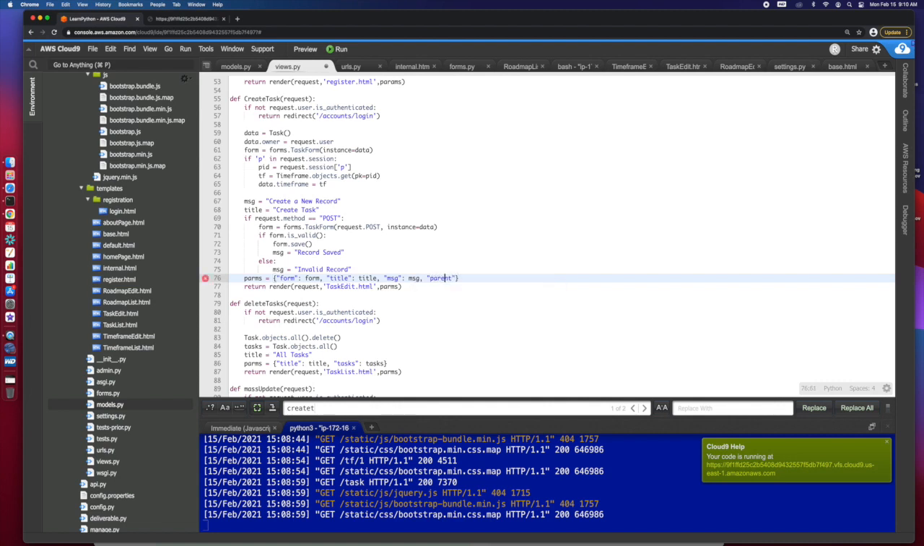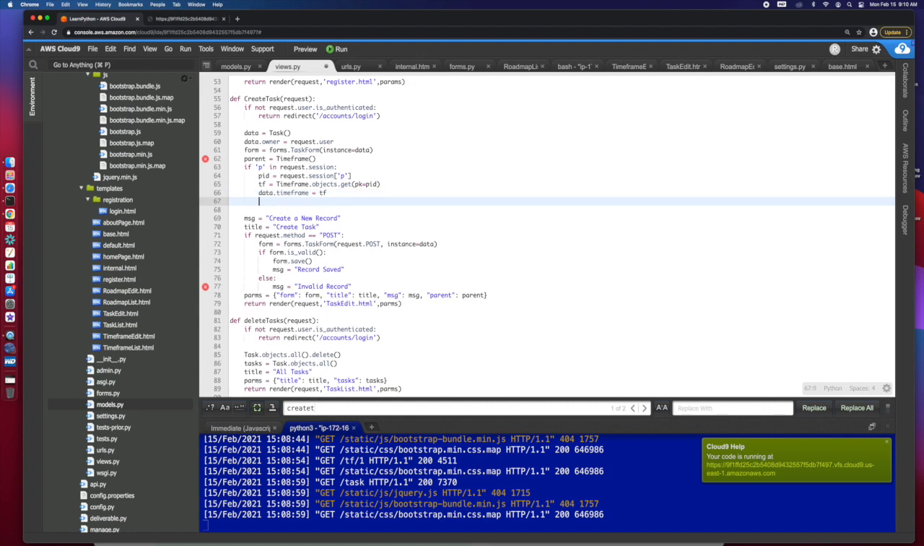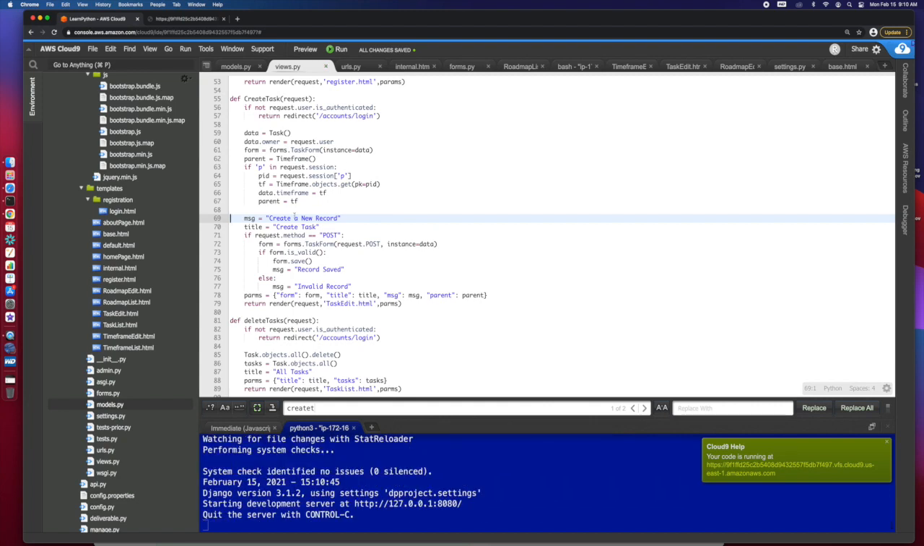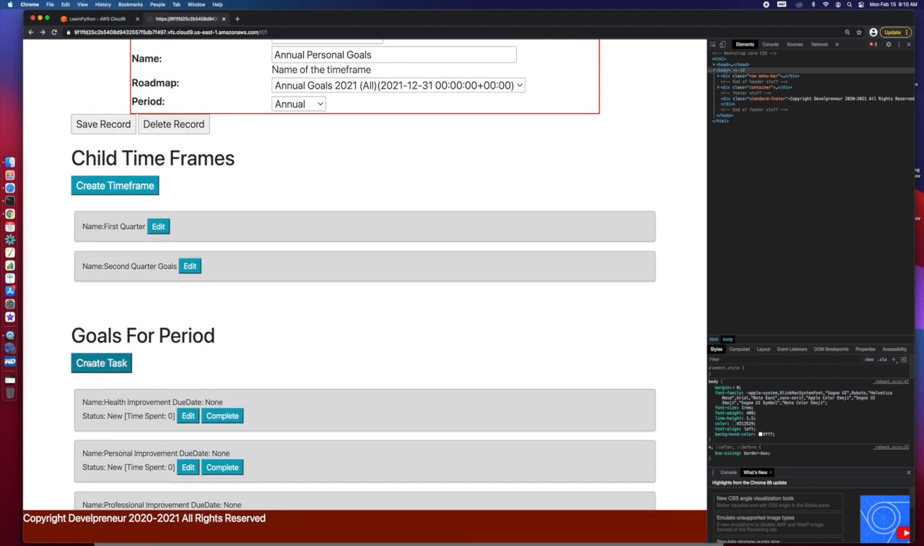And he's going to be parent, but we need to come here and either say, let's do it this way. So parent is either no. So let's just do parent. Well, let's do it this way. Yeah, we'll do it this way. So parent equals time frame. And then here, we can just do parent equals TF. So if we do that, and then we come back here, and we do our create task, now we should see